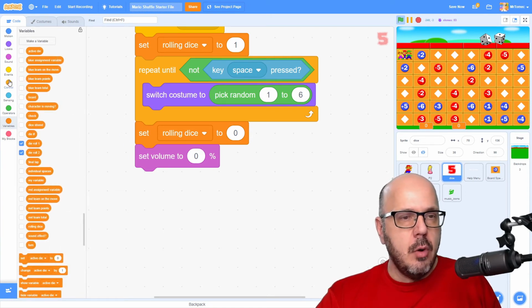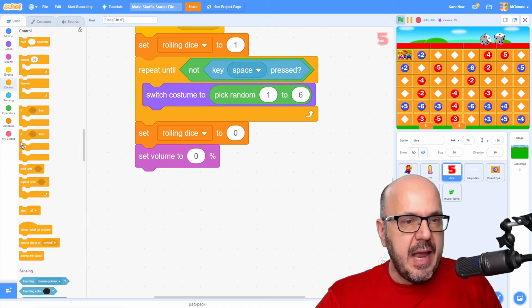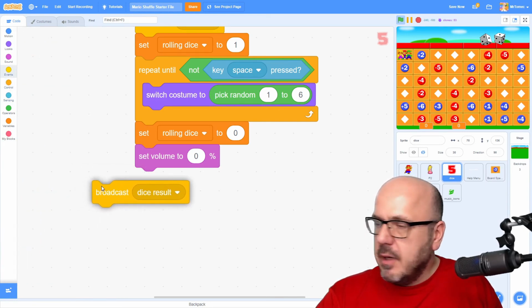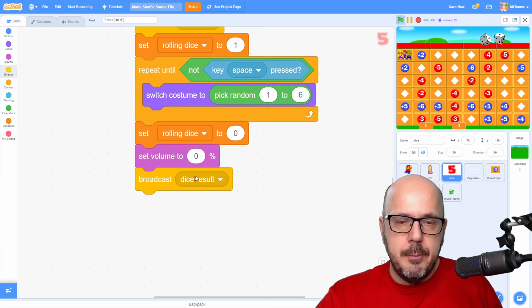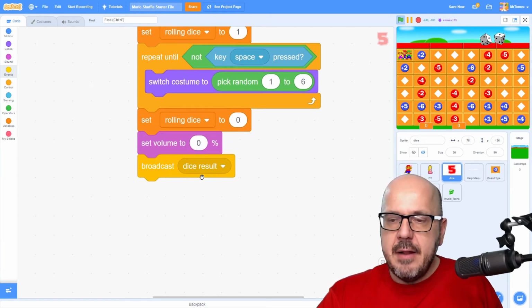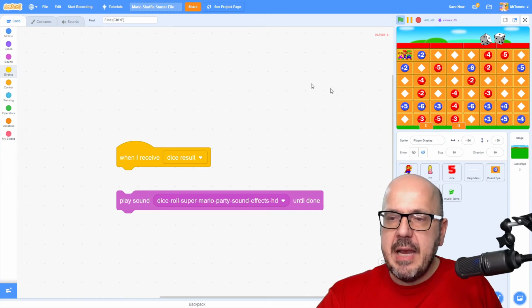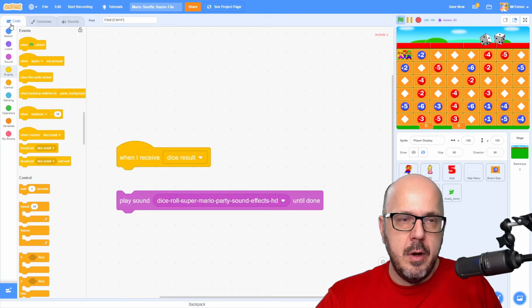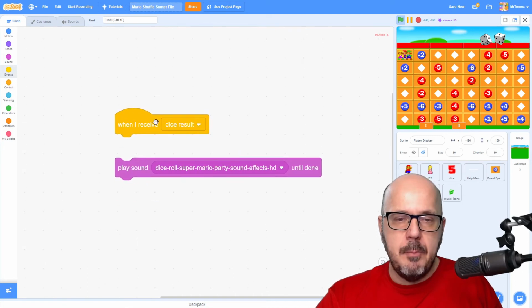But what we're going to do is broadcast a message here. And the new message that we're going to send out is called dice result. So we're going to broadcast dice result. That's going to be received in only one place. Over here in this sprite called player display, this is where we're going to say player 1 or player 2's turn right now. So this doesn't directly relate to what player 1 or player 2 are doing,